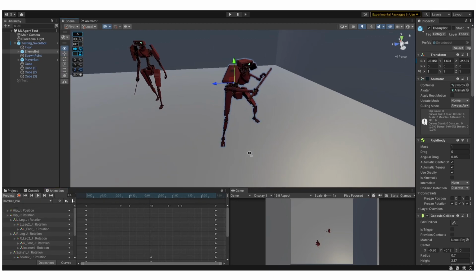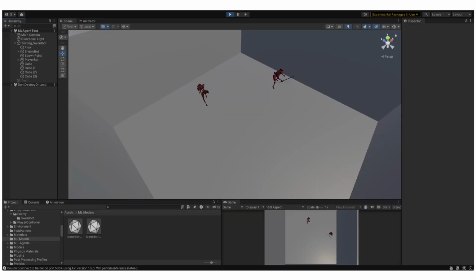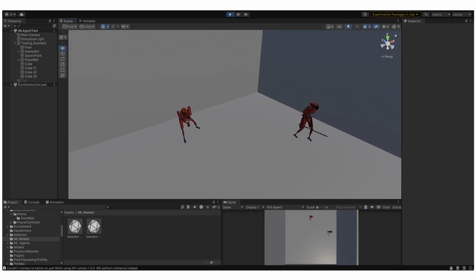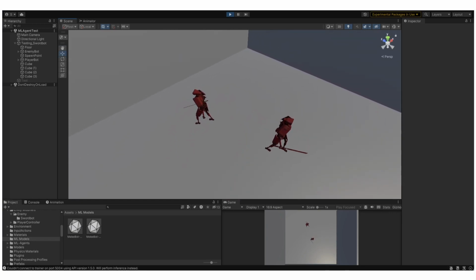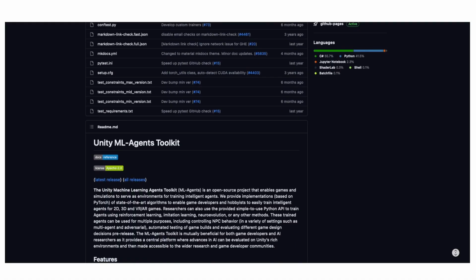Hopefully. Instead of manually coding the enemy's behavior, I decided this time to train it using AI. Mostly because I couldn't be bothered. I figured an AI-trained enemy would be more player-like and unpredictable, making the fight more interesting. Machine learning in Unity is actually quite easy with the help of a package called Unity ML-Agents Toolkit.